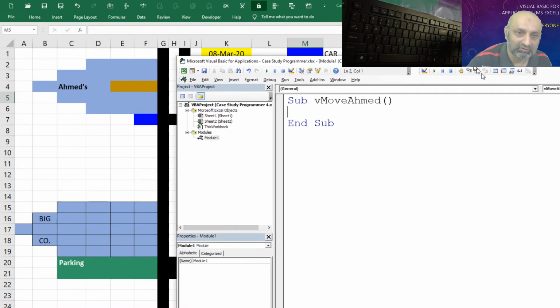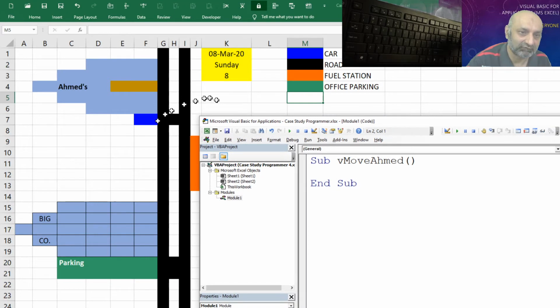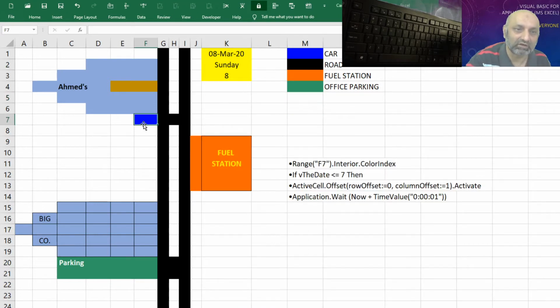To do this, we need to understand where we are. The car is right now in cell F7. Then we need to pick up these colors. When we move our car, the color should change. The car color is blue.